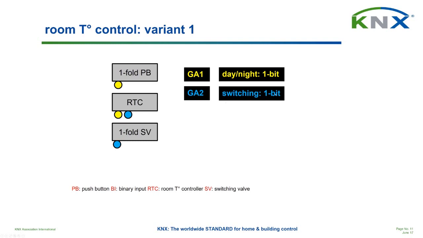So indeed, if the room temperature controller is put in comfort mode, and there is heat required in order to increase the temperature, or maybe some cooling capacity required in order to decrease the temperature in the room, then